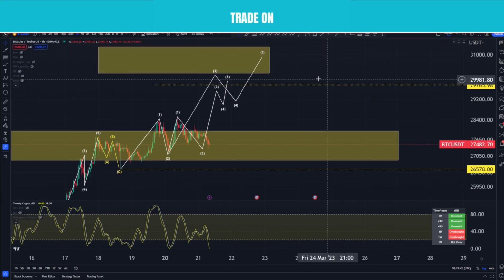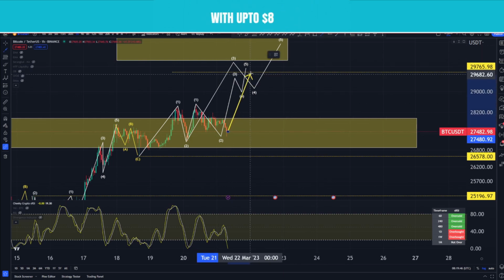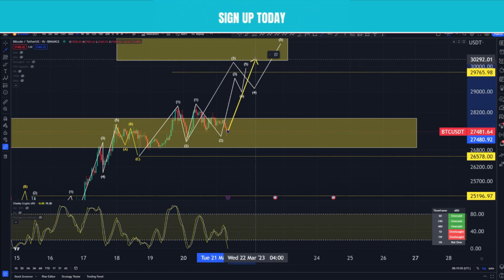I think it's going to be a fantastic way to kind of trade the space. And if you're looking at trading, and you're looking at going long on this side just here, where we can kind of see this entry point where we are, and going up into this area, into the kind of high ranges around 29 to 30k,